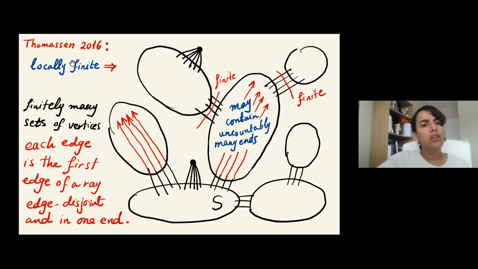But still, he also had another result in the same paper. So the two results I just mentioned are in a paper by Thomason, different from the paper by Oak-Richter and Thomason. One can break down the locally finite graph if one takes a set like this, like S, the set we were working with, and suppose it had a finite number of edges coming out from it. Then the outside can be broken down like this into